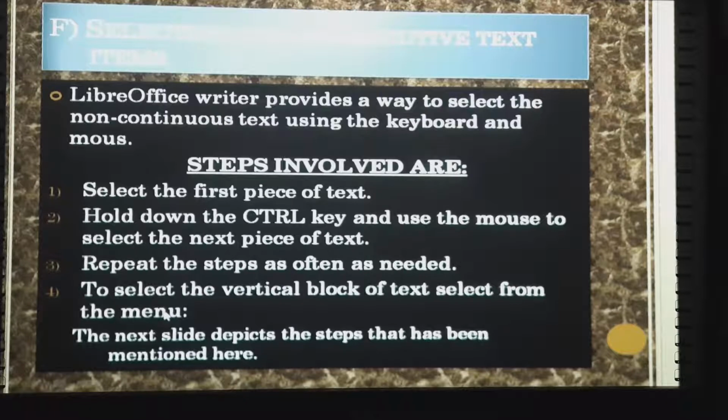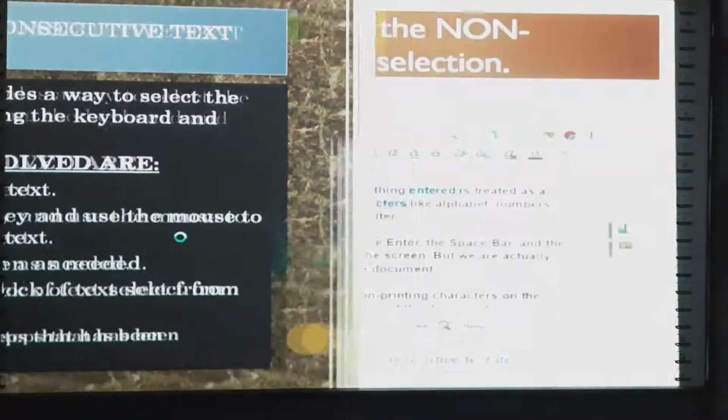The explanation for this has been given in detail on the other slide. The next slide depicts the steps that have been mentioned here.